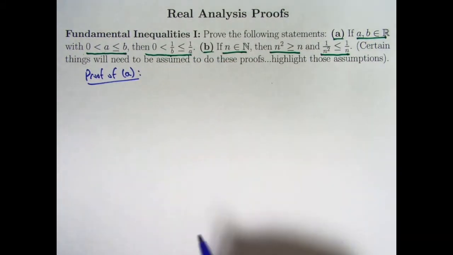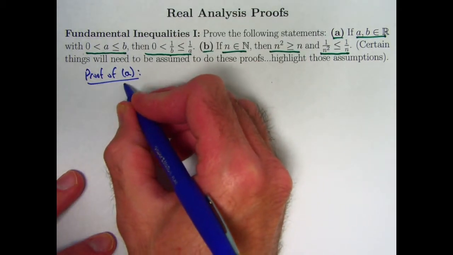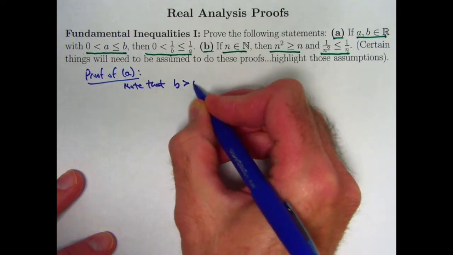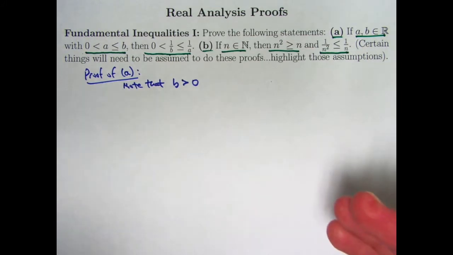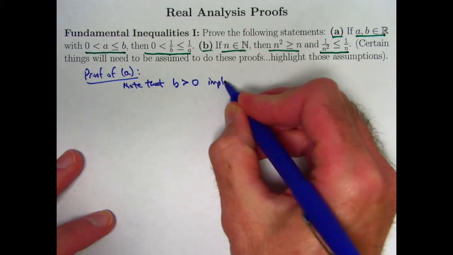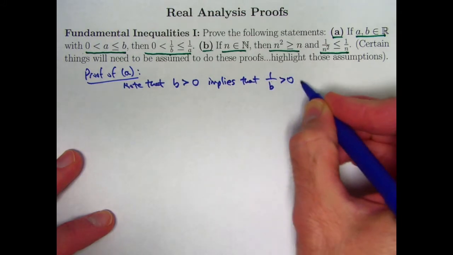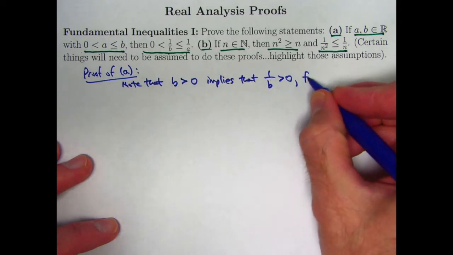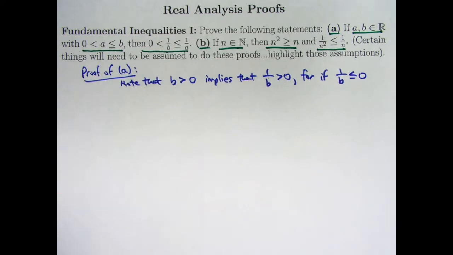Before we prove the full statement of A, let me prove a smaller partial statement from A. Note that B being positive, B is greater than 0, which you could also write as 0 is less than B, implies that 1 over B is also positive. Why? Give a brief argument by contradiction. For if 1 over B is less than or equal to 0, and it actually couldn't equal 0, because the numerator is not 0,